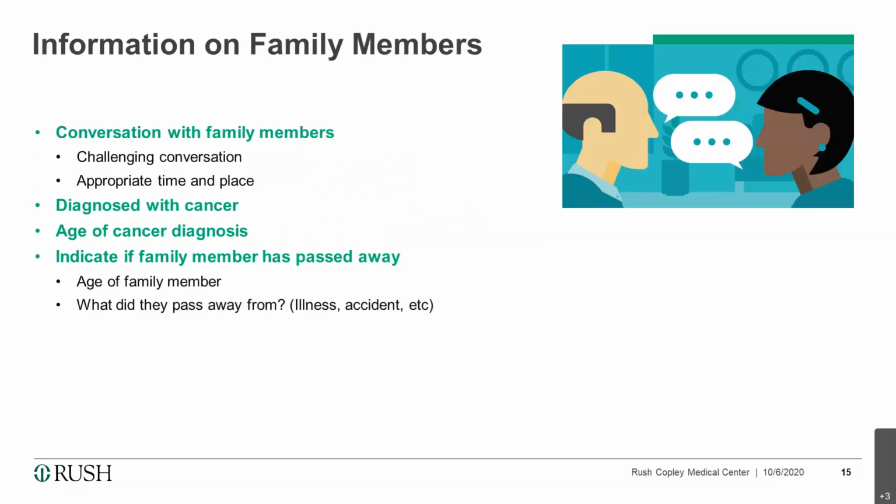And now information that we're going to need from our family members. We're going to have to get some of this information specifically from, you might need to make phone calls, we might need to reach out or get clarification on what types of cancer some of our family members have had. So just think about that conversation with family members. Sometimes it can be a bit challenging. Not everybody's willing to share what they've gone through or what type of cancer they've had. So just be ready to possibly respect certain individuals' boundaries, or just think about the way you're approaching that conversation,